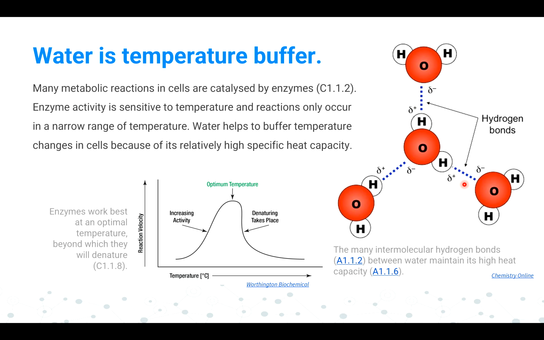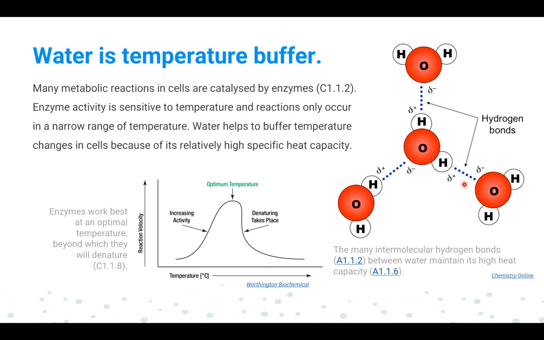Now what is a temperature buffer? Why I'm saying temperature buffer is because if you see the range, water has a tendency to absorb heat, right? And it tries to resist change in temperature up to a certain extent, so it provides a temperature buffer so that many reactions in the cell can be catalyzed by enzymes, right? So all enzymatic activity has an optimum temperature in which it works best.